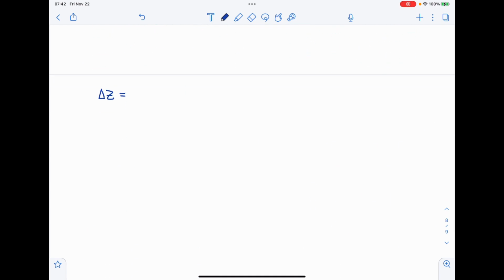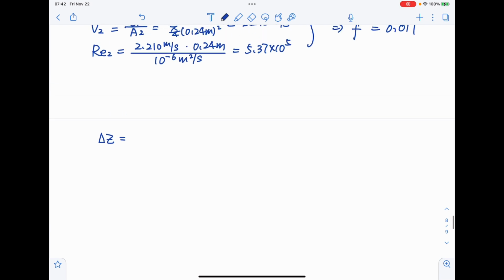So the delta Z is equal to V squared over 2g, for pipe 1 is 8.842 meters per second, over 2 times 9.81, times 0.5